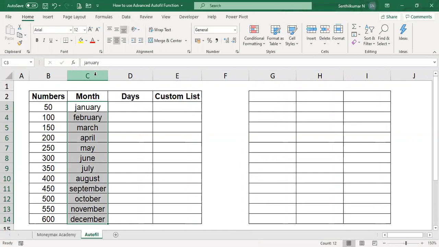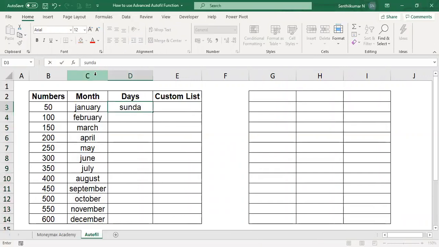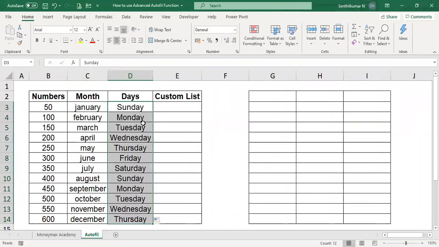This is another method. Same way, if you want to get Saturday, Sunday, Monday, you can drag down and get Sunday, Monday, Tuesday, Wednesday, Thursday, again Sunday, Monday, Tuesday. You can also use only three letters because of space, and you can get Sunday, Monday automatically.